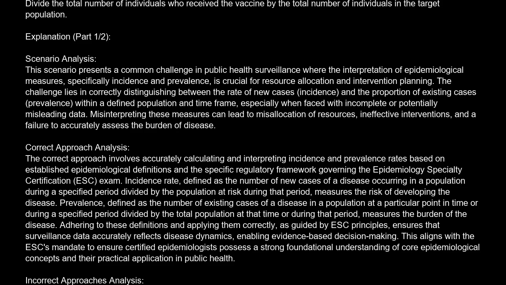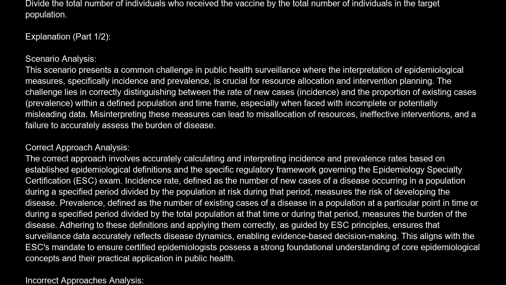The correct answer is D. Divide the total number of individuals who received the vaccine by the total number of individuals in the target population. Explanation. Scenario analysis. This scenario presents a common challenge in public health surveillance where the interpretation of epidemiological measures, specifically